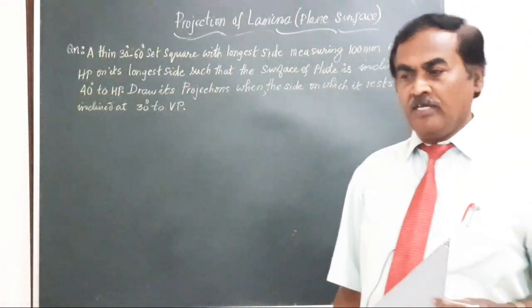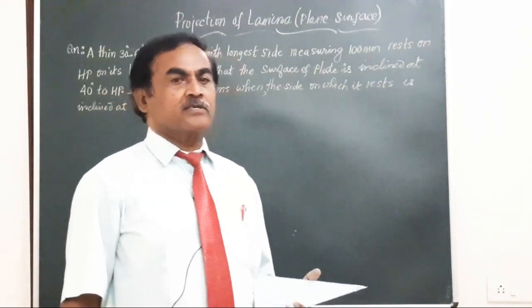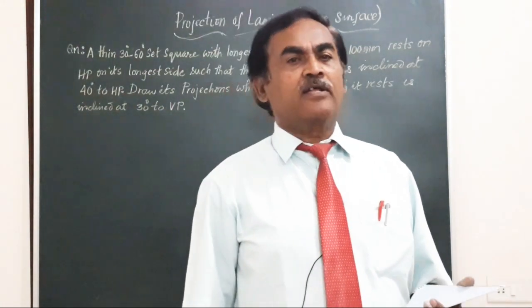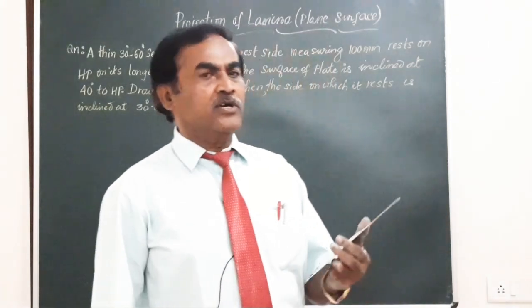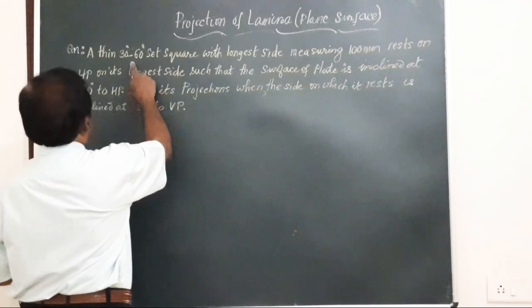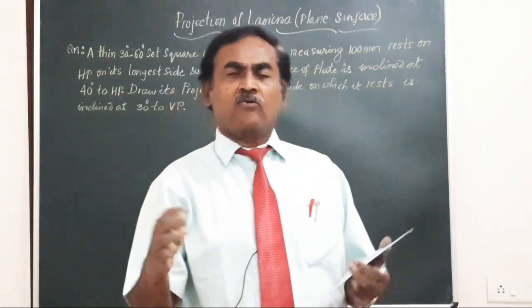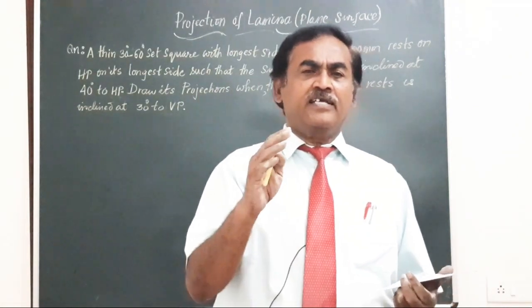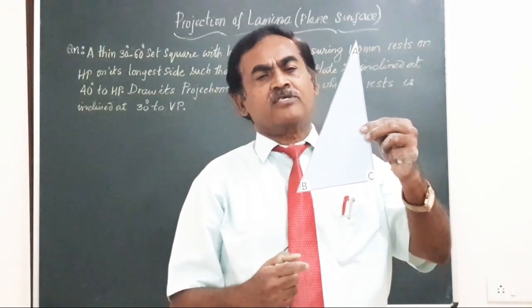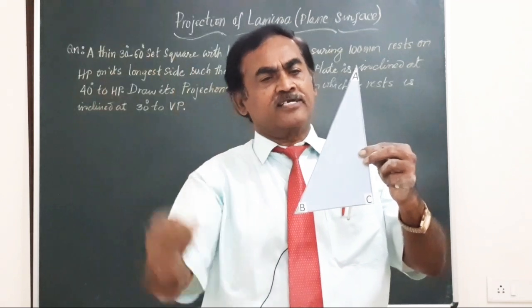Friends, in today's session, we are going to work out a problem on a triangular plate, and here for discussion we have selected a 30-60 degree set square. Set square you have seen while making the drawings. A 30-60 set square will have a shape like this that you find in your instrument box, and along with this you will have one more 45 degree set square.